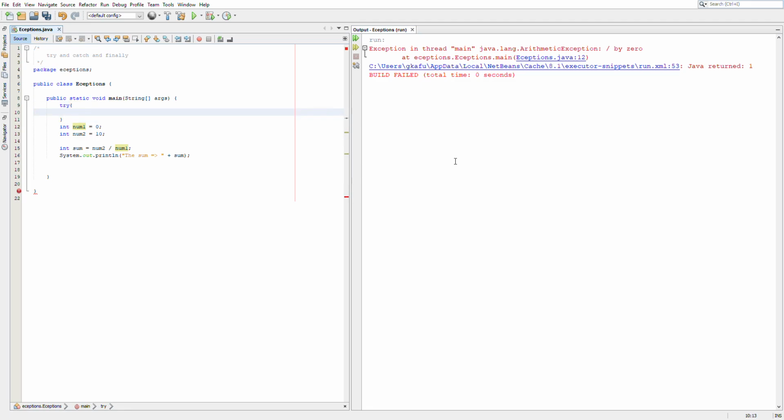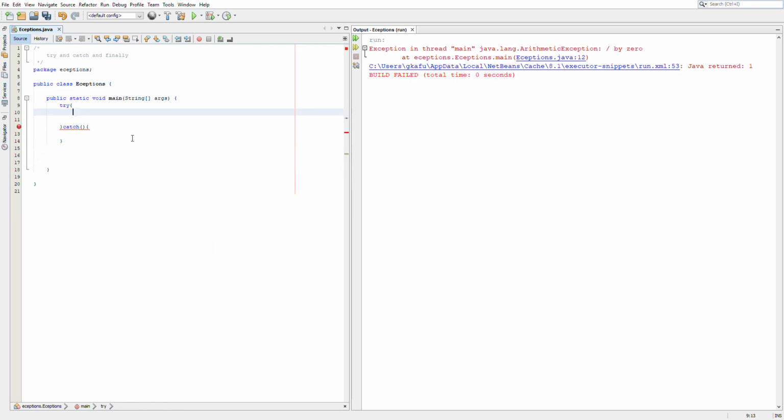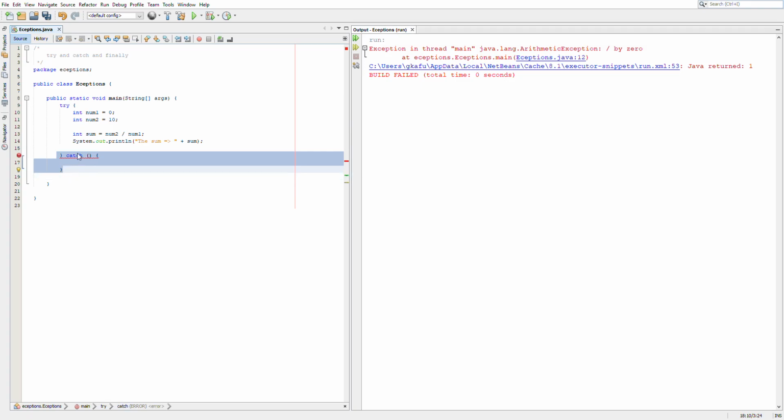You declare try, and then a catch, right? Then you put the program which is possibly going to run into an error within the try. So you're going to try to run this program, and then you catch the error down here. It's giving me an error, this squiggly line, because I did not specify what kind of error I want to catch, right? So I'm just going to say Exception